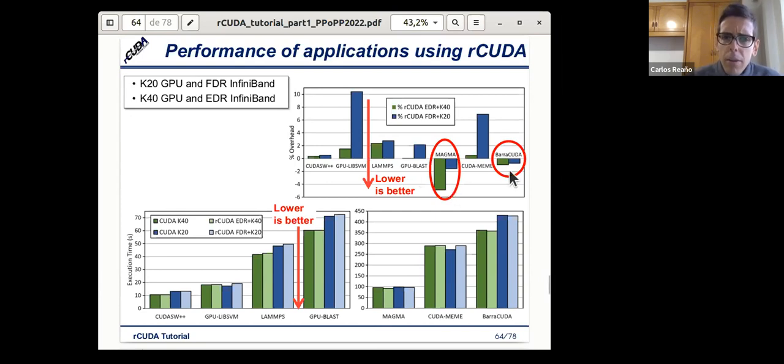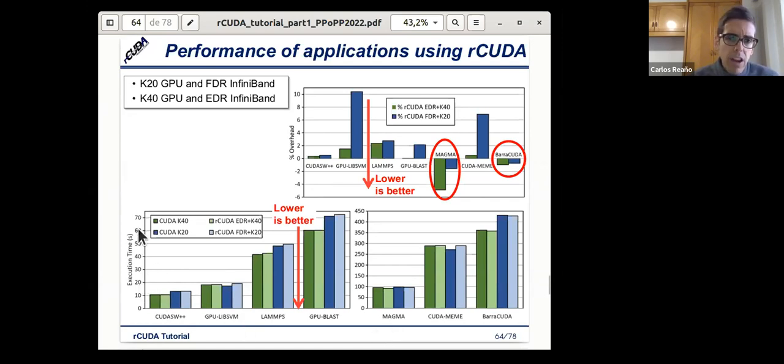We can also see some cases in which the overhead is negative. This means that rCUDA runs faster than regular CUDA. Remember that this could be related to the fact that we have seen before that in some cases rCUDA was faster in performing the memory copies. Okay, here we can also see another comparison, comparing also the times with CUDA. We can see here not only the overhead but the actual execution time, and we can see here the times in seconds.